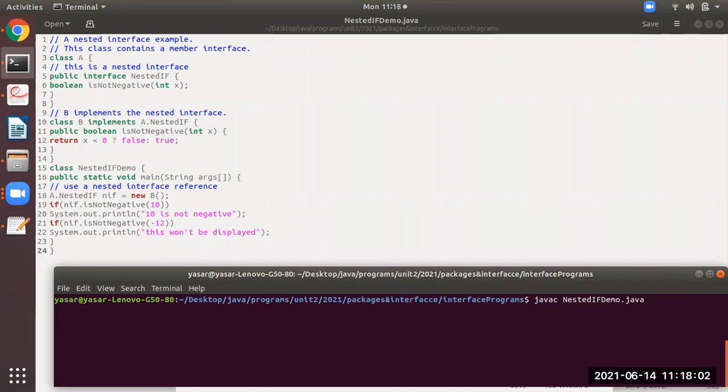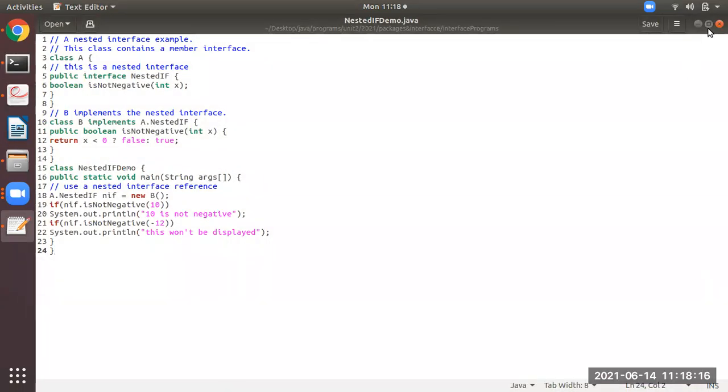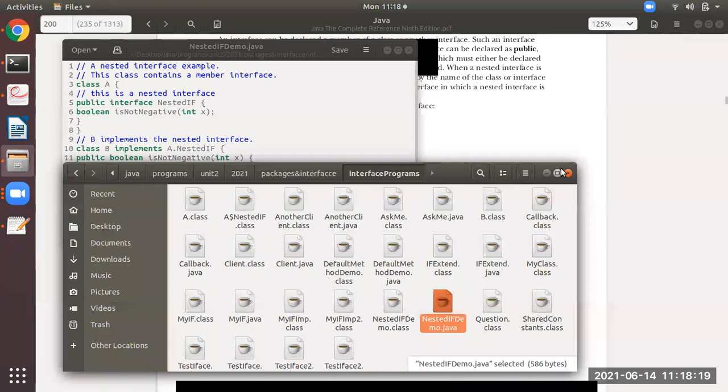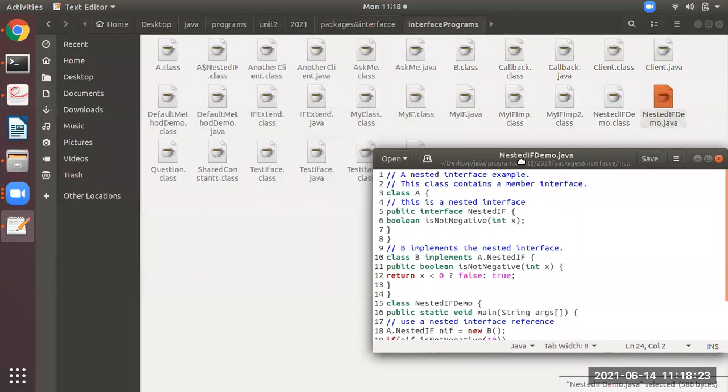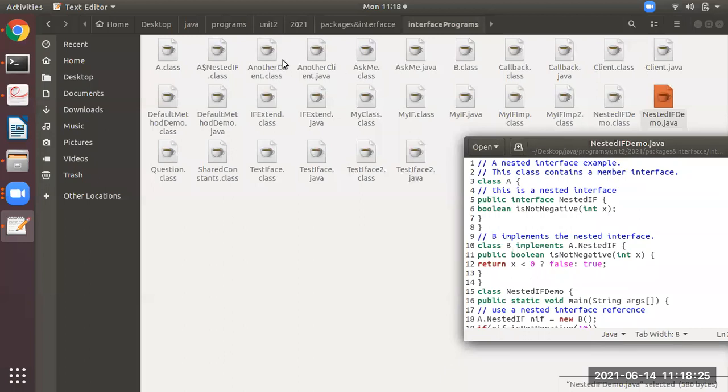So I'm pressing enter. It is compiled. You all know what happens in the background after compilation. Let's see that also. I will show you, don't worry. Minimize this command prompt. So you see in this particular notepad, how many classes are there? 3 classes: class A, class B, and NestedIfDemo.